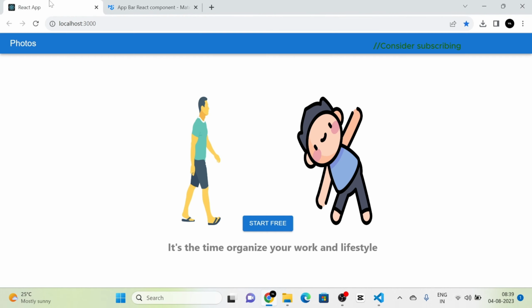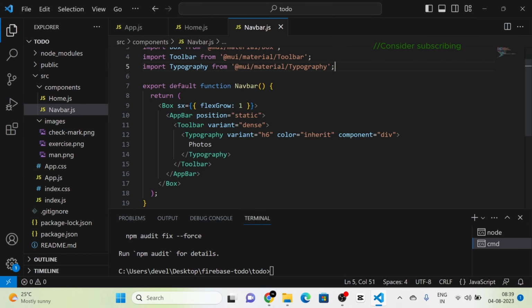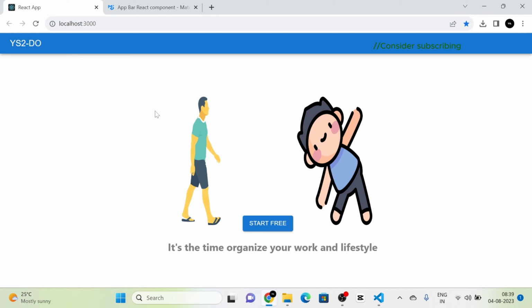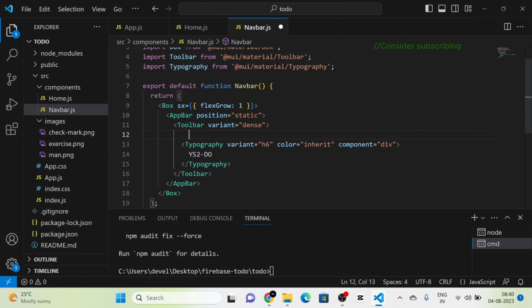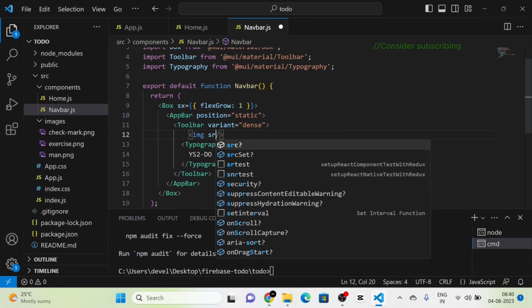So you can see, yes, here is a navbar. So I'm going to change that name to Yes To Do. Okay, Yes To Do. So now I'm going to give an image tag here, and I'm going to use an image